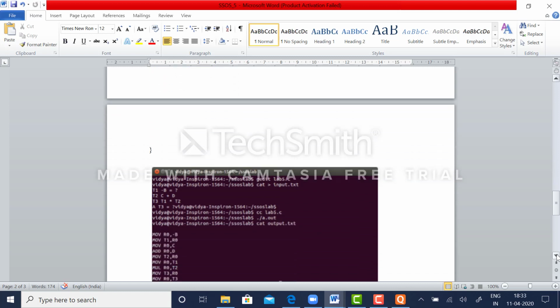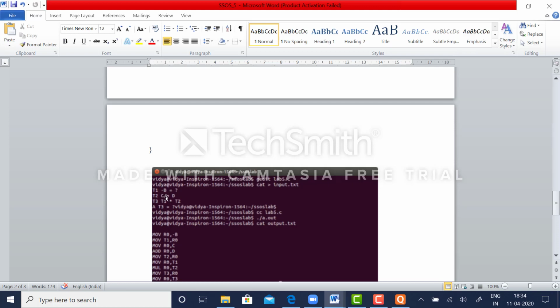So to start with, this is a C program, so it has to be stored with extension .c. You will open the file and key in the C program. Once that is done, the next step is to create your input.txt. It can be created by using the cat command, cat, and this greater than symbol is a redirection operator. It means that whatever you type in the console should be stored in your text file input.txt.